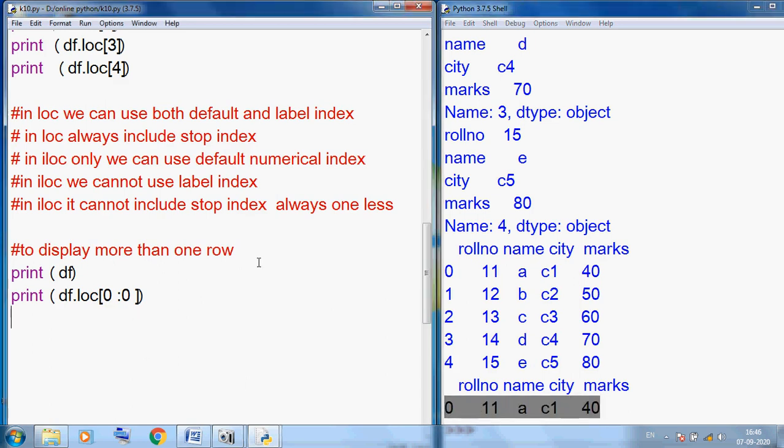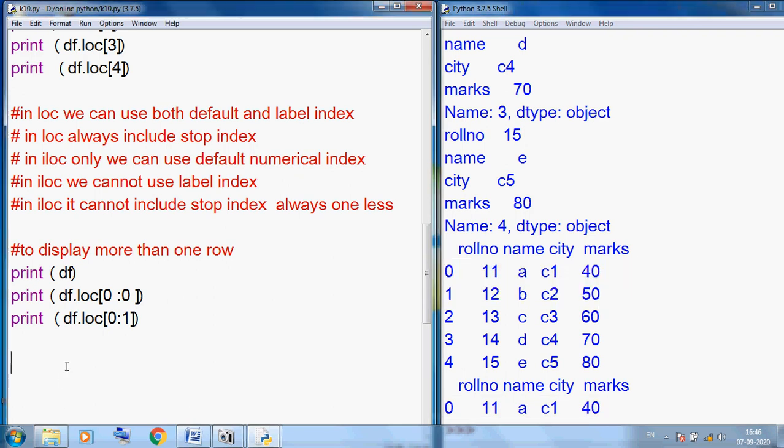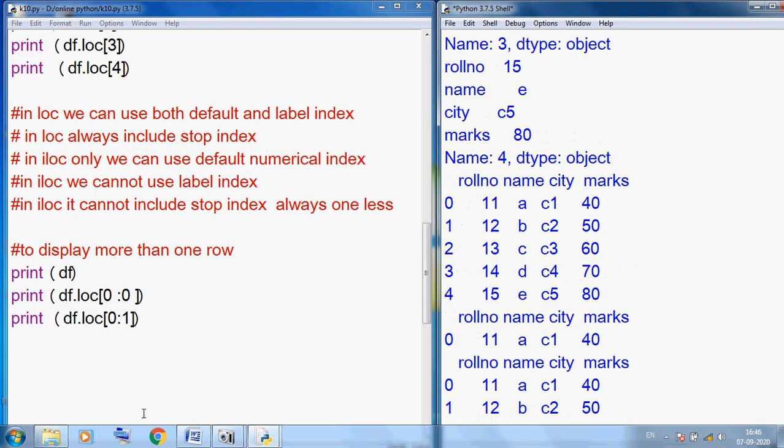Suppose print df.loc, start from 0 and stop at 1. We know very well it includes the stop index. This is a beautiful feature we can use here. Control S, F5. You can see the starting two rows.